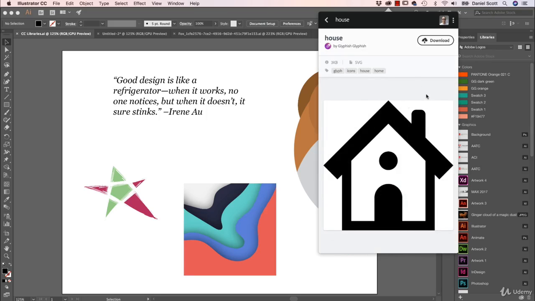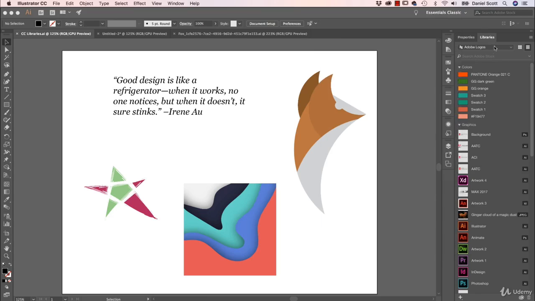What you're really looking for is that it's not a JPEG. You're looking for one that's an SVG. That's the scalable vector graphic. It's something that Illustrator likes. If it's a JPEG, it's mainly for something like Photoshop where it's pixels, but SVG is the magic one. Click download, it's going to say what library, click on that one, and magically over here, hopefully,